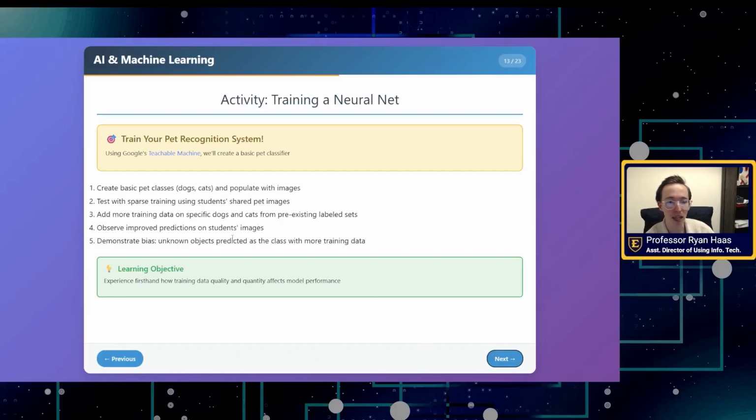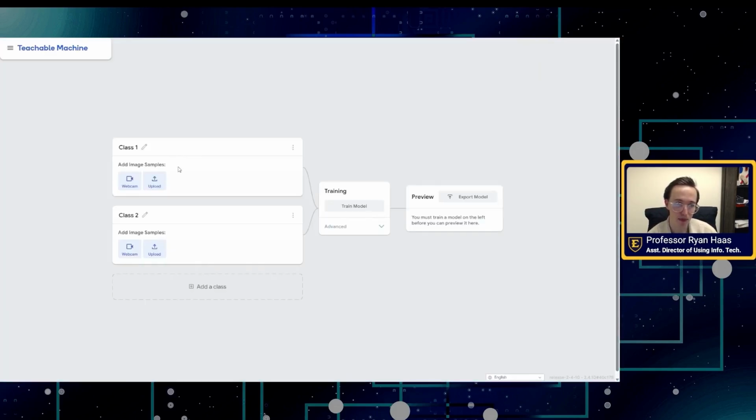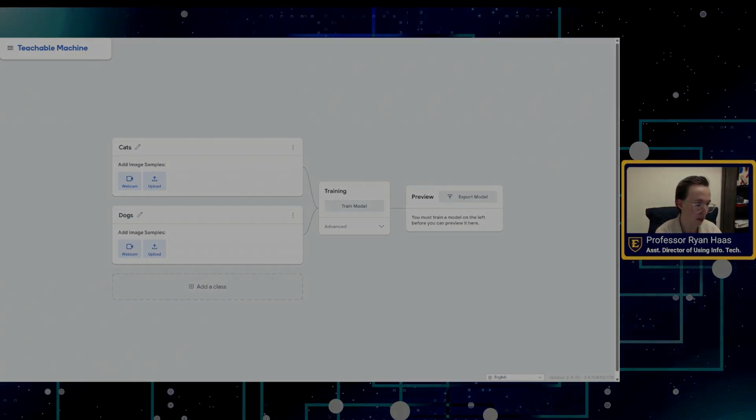Okay, now we're actually going to think about neural networks and machine learning together through a demonstration. So we're going to create our own neural network, and you can literally follow along. I'm going to upload the data I used to do this, so you can create your own neural network.